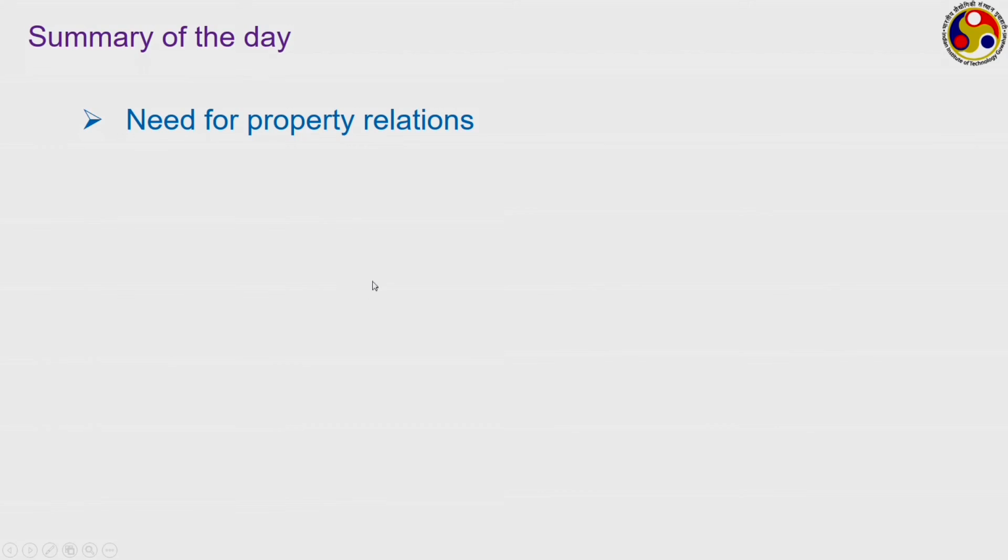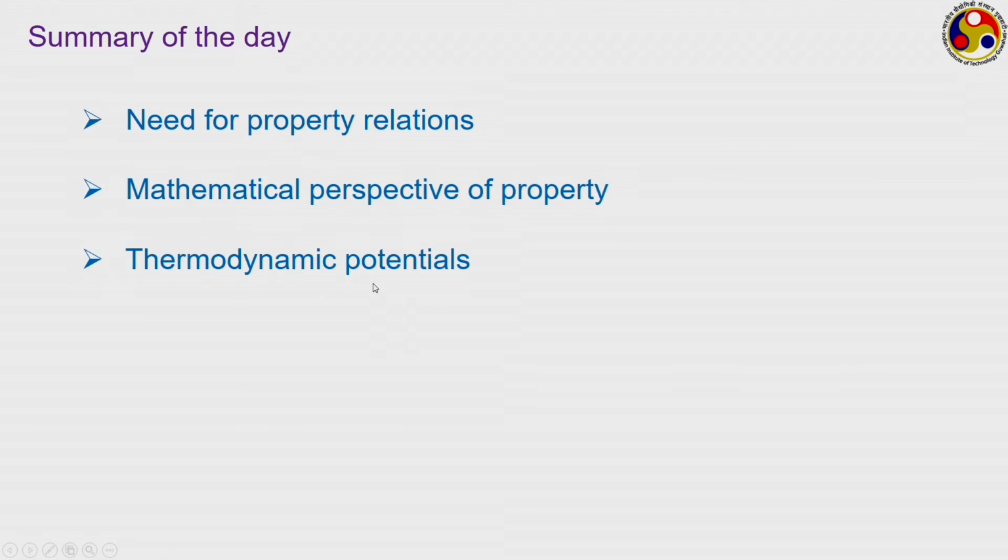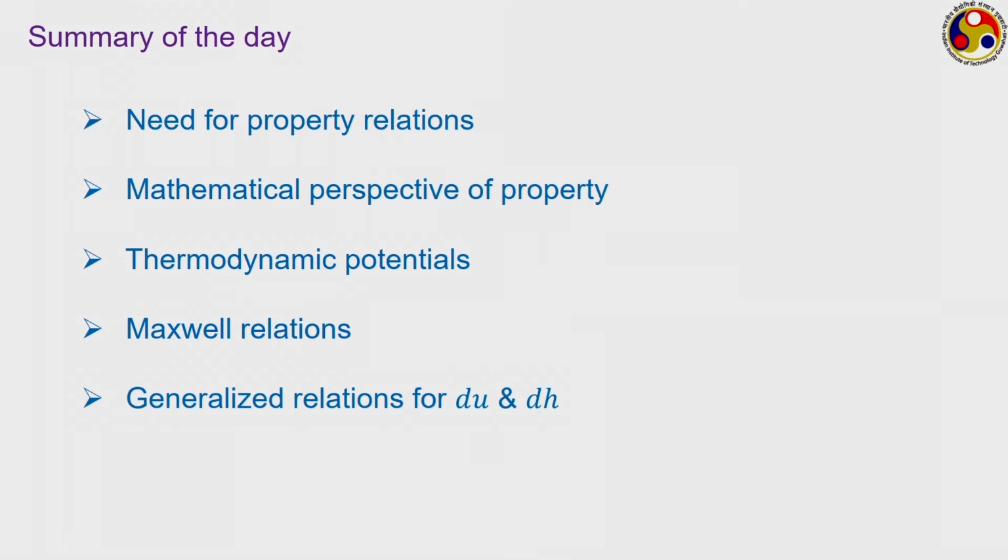So, I would like to stop here today. Just to quickly summarize what we have done today, we have discussed the need of developing property relations, particularly the relations of changes in internal energy, enthalpy and entropy in terms of the measurable quantities like pressure, temperature and specific volume. Then we have provided a mathematical perspective of property, defined the four thermodynamic potentials like internal energy, enthalpy, Gibbs free energy and Helmholtz free energy. Then we developed four Maxwell's relations and generalized relations for dU and dH,